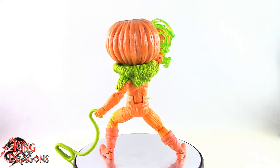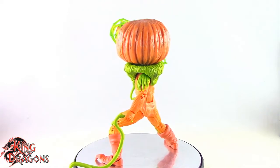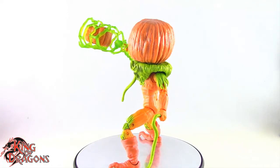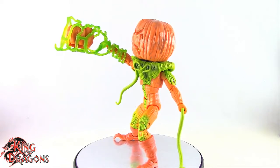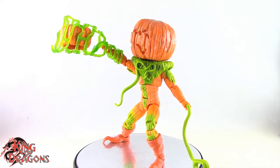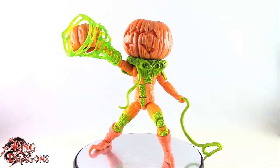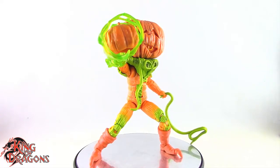The amount of paint he has on his head is good. I would have liked to see the eyes and the mouth painted black, because I think that's a little more accurate to the source material. Again, I have seen some images where the colors match, but I've also seen some images where it's obviously darker, so I don't know what went wrong here. Hasbro just got lazy, which Hasbro's gonna Hasbro sometimes,